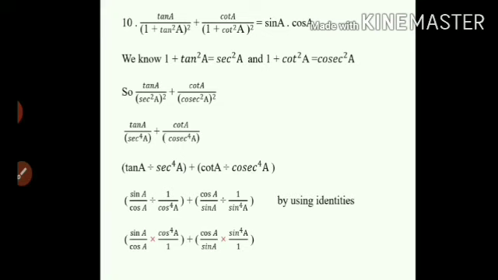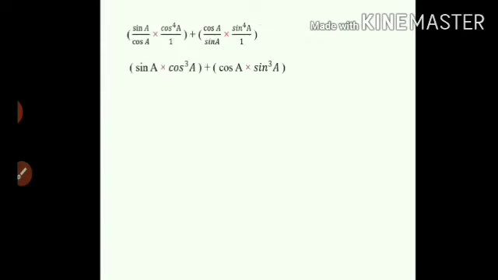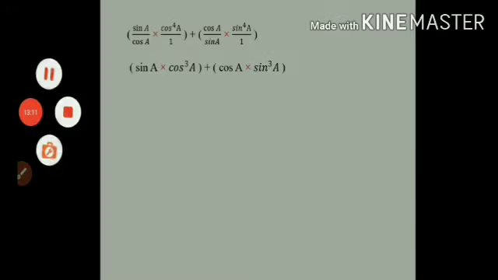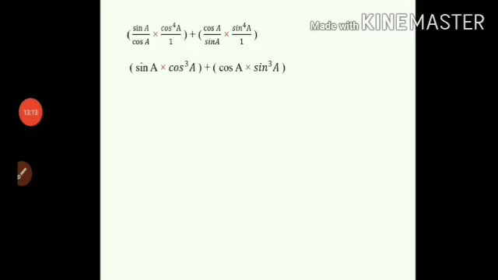Here I have written the same step again as we go to the next slide. Now check the steps properly. See, the first bracket, sin A upon cos A multiplied by cos raised to 4 A upon 1. Now from the denominator we can cancel cos A, one cancels with cos A, and we have cos raised to 4 A upon 1. So from that 4 I can cancel 1 cos.